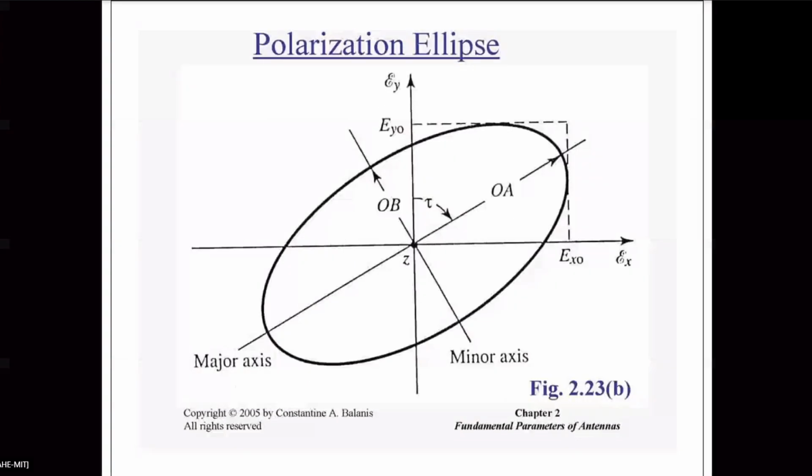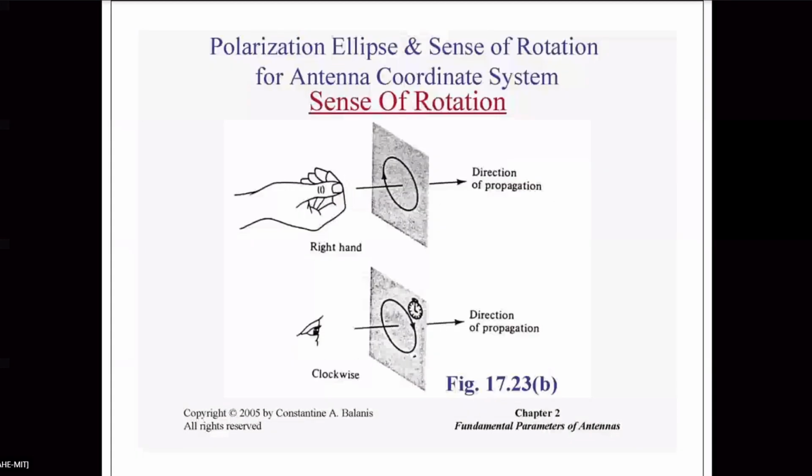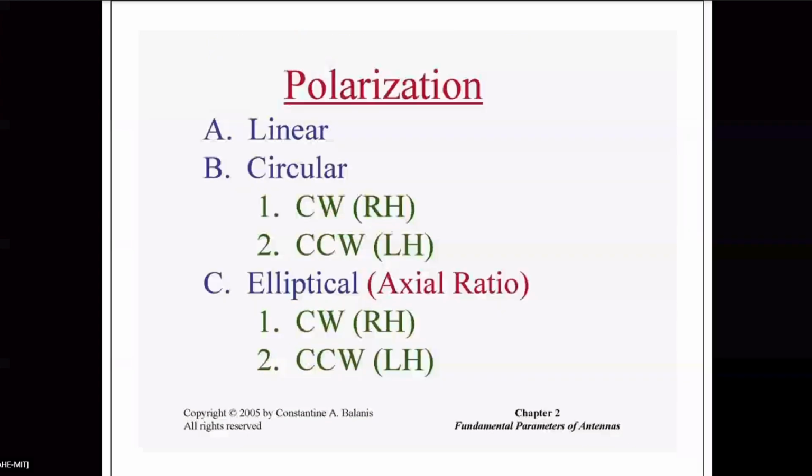So this is right circular polarization and left circular polarization. There is linear polarization, and circular, in which there are two types: clockwise, right, and counterclockwise. And elliptical also clockwise and counterclockwise. I'm not going to go into much detail of this because it is not required for you, otherwise our focus will be different from what is required.